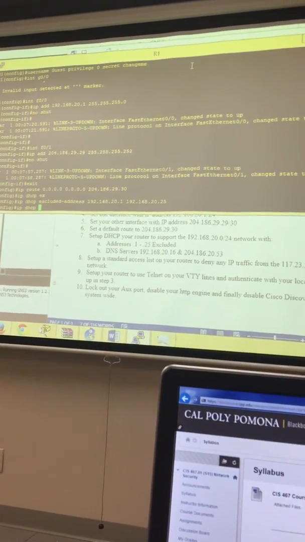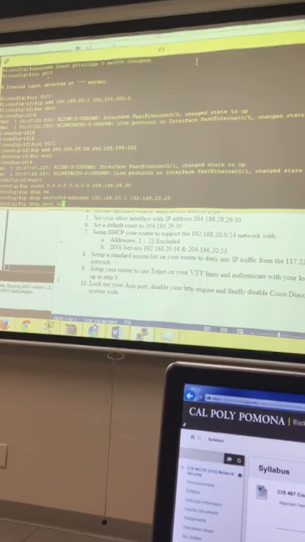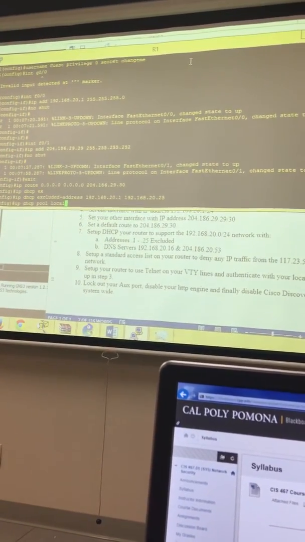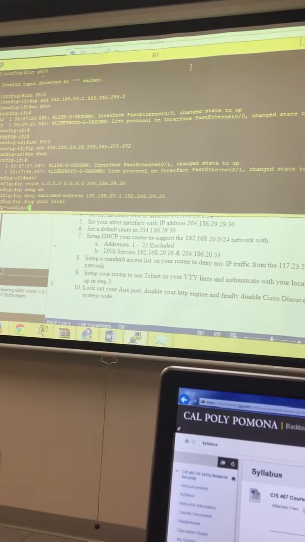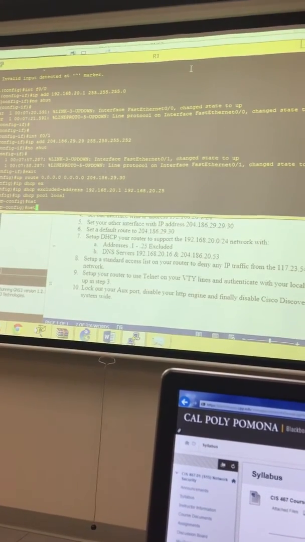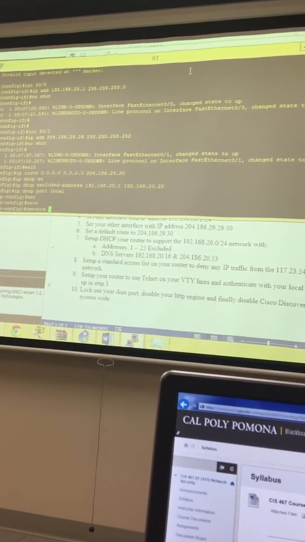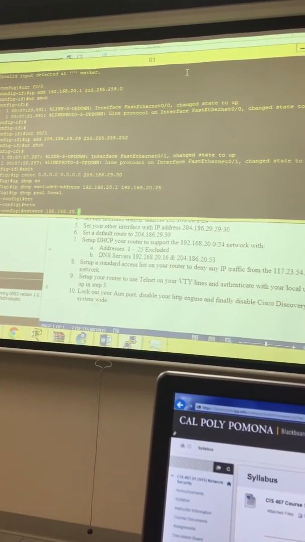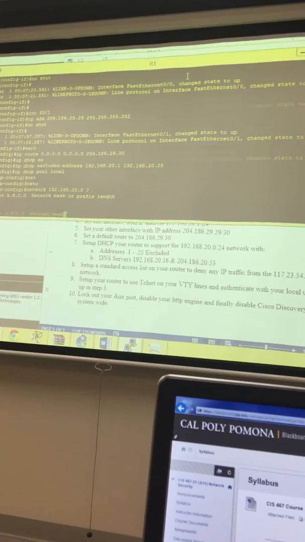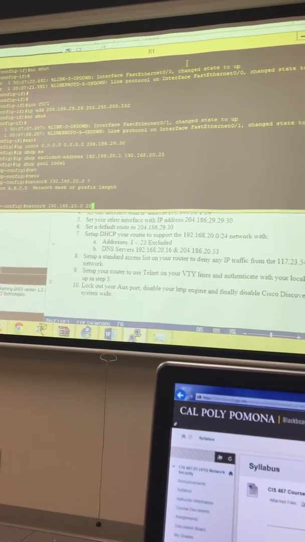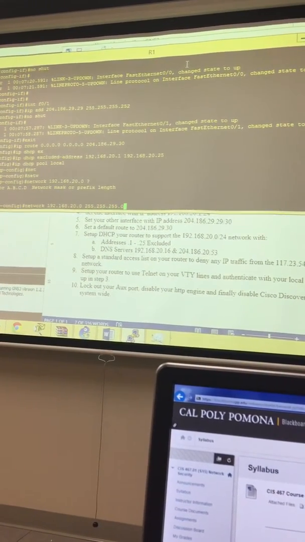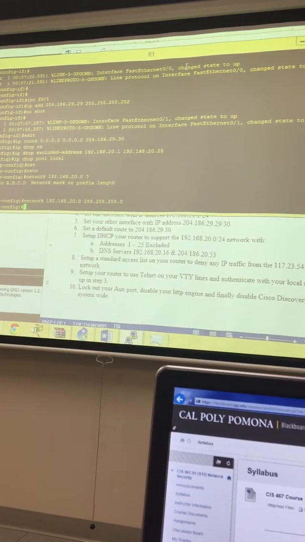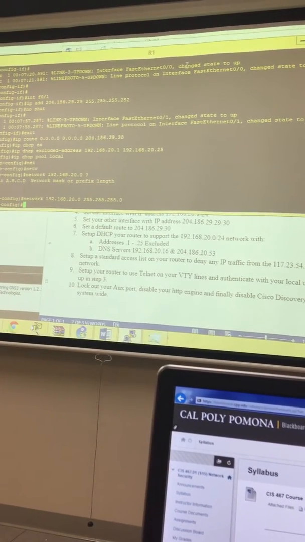IP DHCP pool, you have to give it a name. I'm just going to call it local. I didn't specify. Network 192.168.20.0 255.255.255.0, or you could do CIDR notation. Either way is fine. Okay? Now,